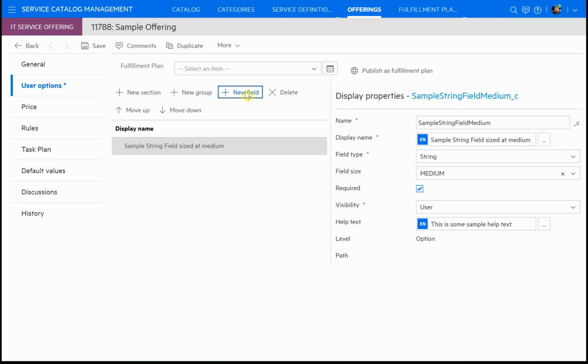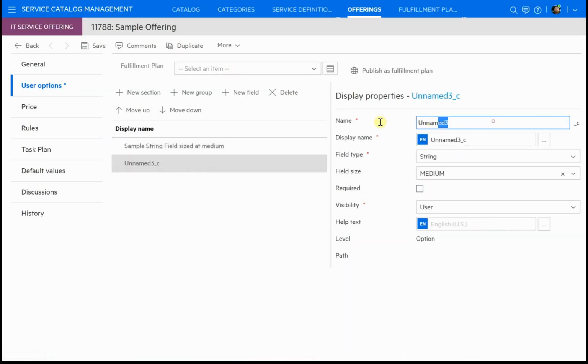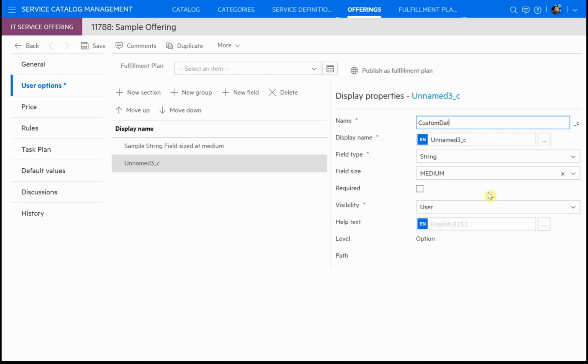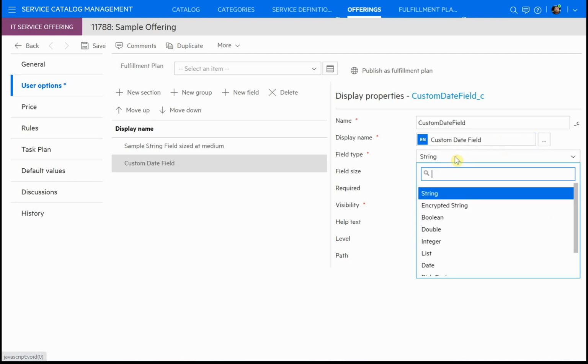We're going to go ahead and create another new field. We're not going to put it in any grouping of any kind. So this is going to be a custom date field. Kind of making things up as we go. Custom date field. You can see the system barked at me a little bit there because I had spaces in my name. So that's the actual field name, and then the label that I'm going to give it can contain spaces. Custom date field, and its field type is going to be